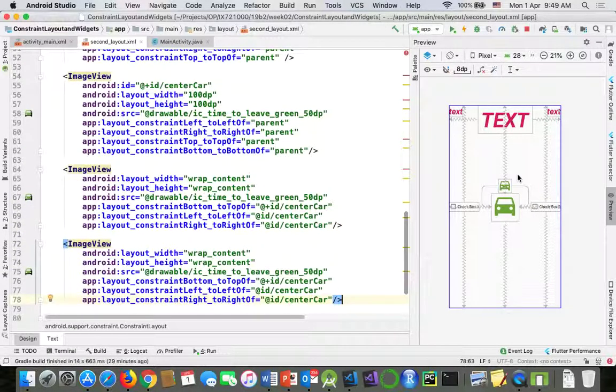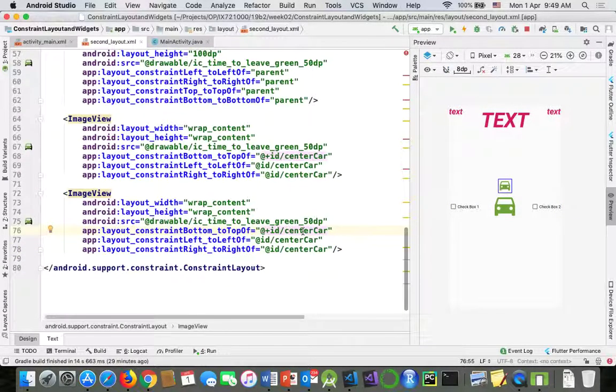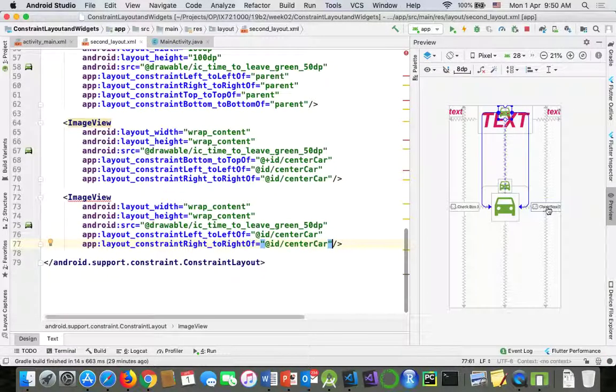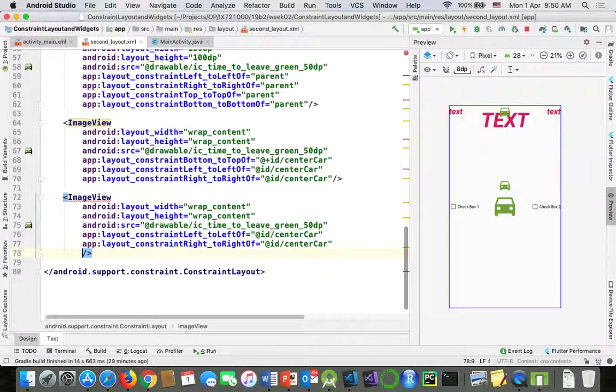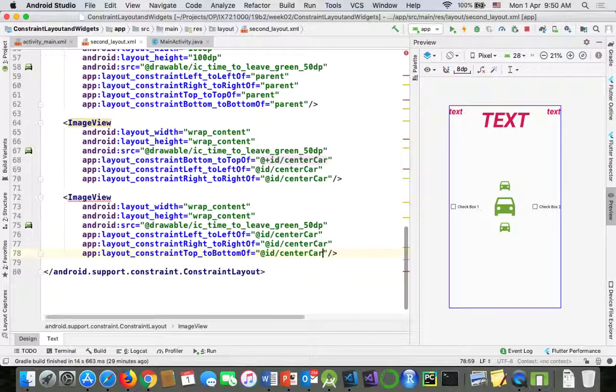Now we have two image views here, and if I change that particular constraint here, you can see it's coming right on top, but center aligned with this one. Understand? So now I say the top to the bottom of car, so it will go down of that particular one. Now if I say something on the right,